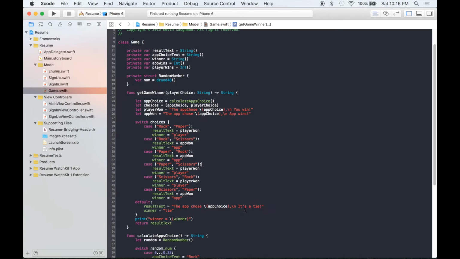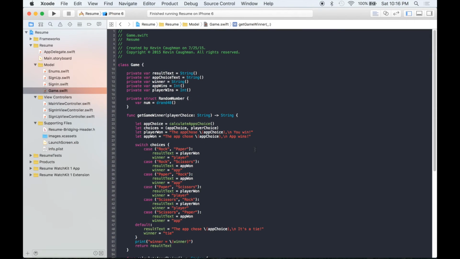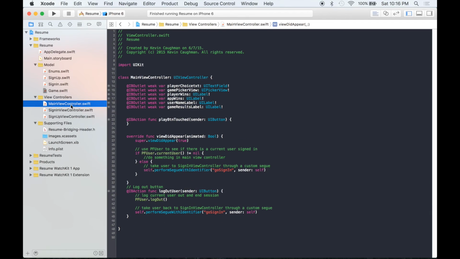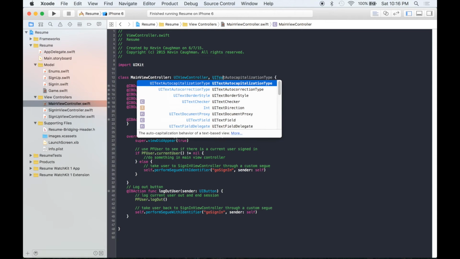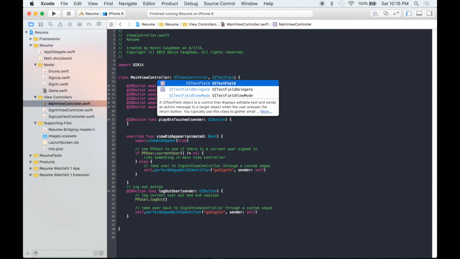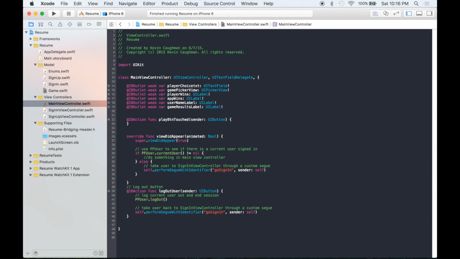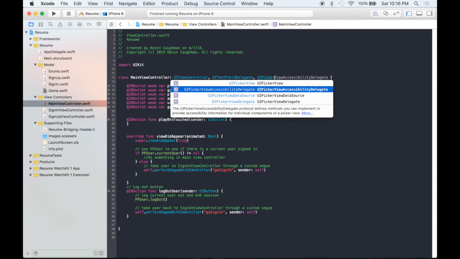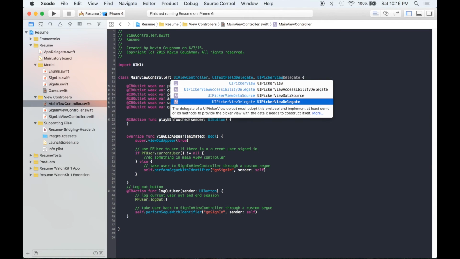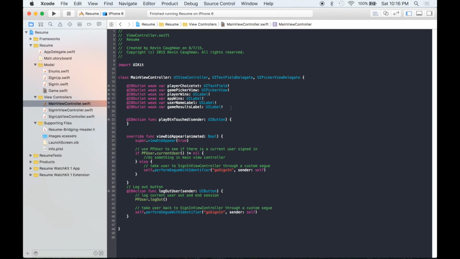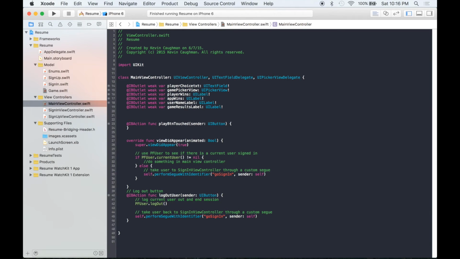So now that we're done with our model, let's go ahead and go back to our main view controller. So let's go up top here, and what we need to do first is add in UITextFieldDelegate, and another comma, and UIPickerViewDelegate as well. And then we need to space down below our IB outlets, and we're going to do private let gameChoices